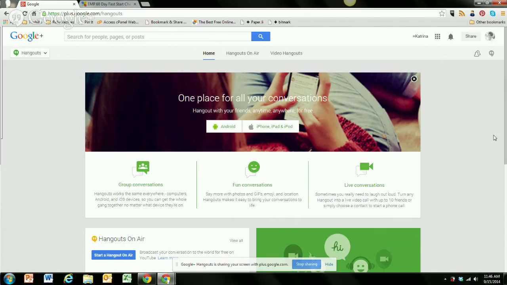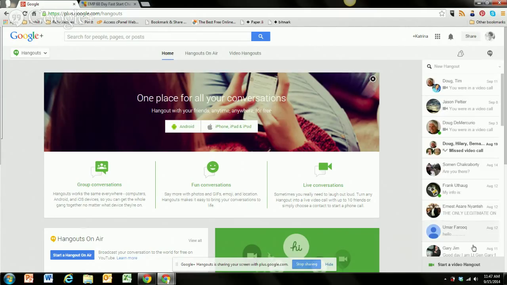So here, I clicked on Hangouts real quick because I wanted to show you guys what Hangout looked like. You guys noticed there's a couple of little buttons here underneath your picture. This one right here is all about Hangouts. This is doing just a Hangout, and all a Hangout is, is a video call between you and up to 9 other people. So a Hangout can hold up to 10 people inside the Hangout.